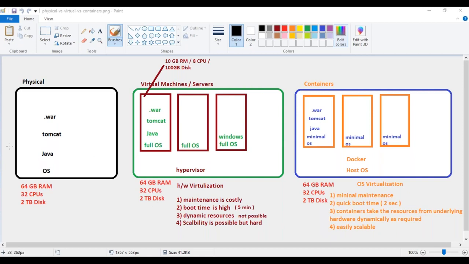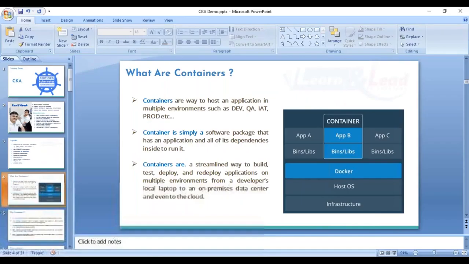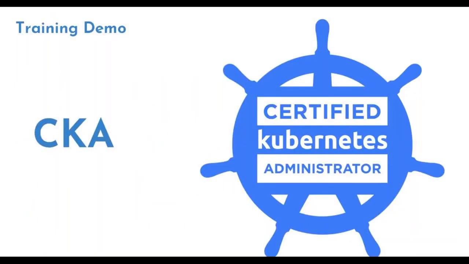So this is how containers evolved, or containers became the buzzword. Containers are offering a lot of these features, so that is the reason every organization wants to adopt containers to get more benefits. That is where containers have become the buzzword in the market, and then Docker became another buzzword because of this. So let's get back to the PPT here. I hope everybody is clear.